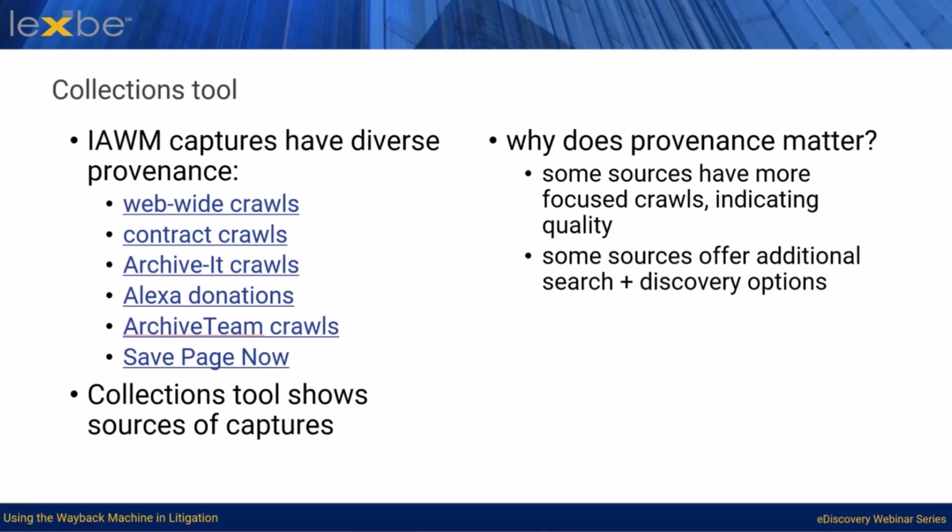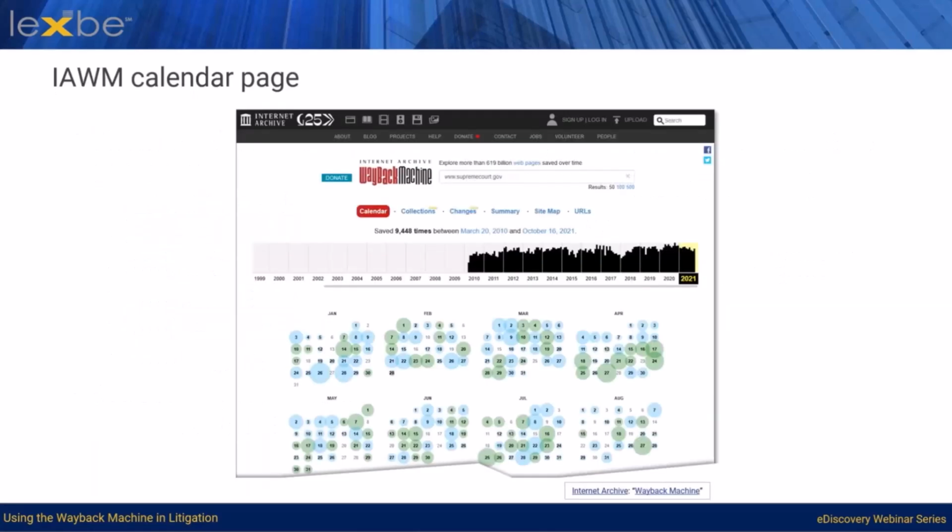The Collections tool shows which of these and other sources account for which subset of captures in the overall timeline for a given web address. Seeing the provenance of captures can be useful for a high-level assessment of the probable quality of the archive for a given website, since some sources represent more focused crawls or the likelihood of more quality assurance having been performed. It will also indicate whether the web address in question belongs to a collection for which additional search and discovery options are available. Let's start with the calendar page for